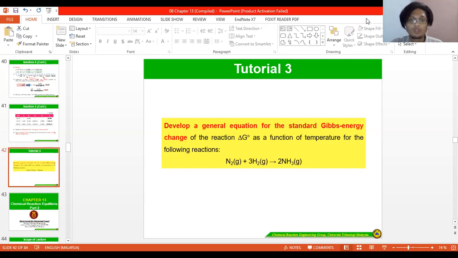Delta H naught determined is negative 46.110. Okay. How about